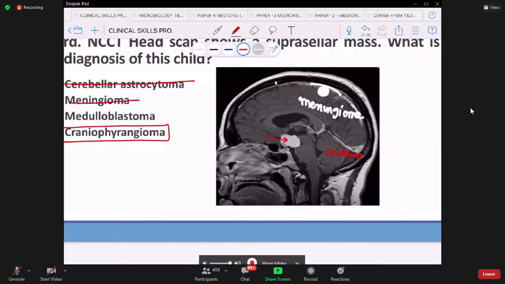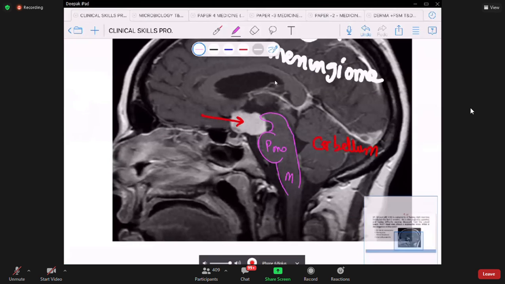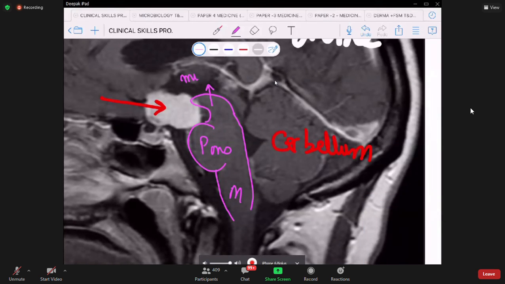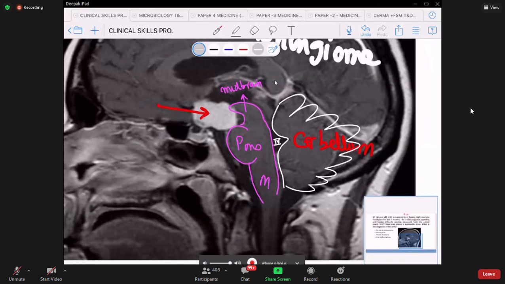Medulloblastoma. The medulla is here. This is the medulla. This is the pons. And this bird-like structure is the midbrain. You can see the brainstem present here. What is present posterior to this? When you go a little posteriorly, this area is going to be the fourth ventricle. And then you can see the cerebellum, which is posteriorly located. You can see a tumor which is anterior, and this tumor will also be contributing to